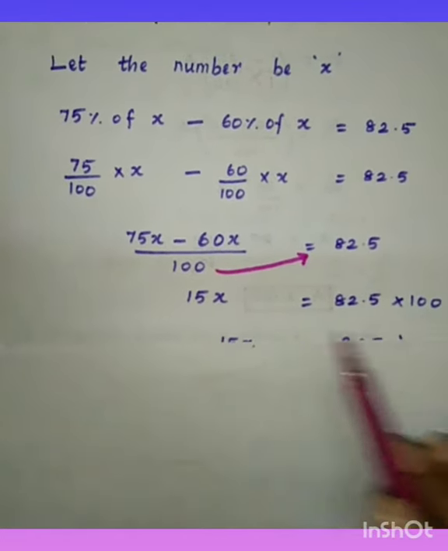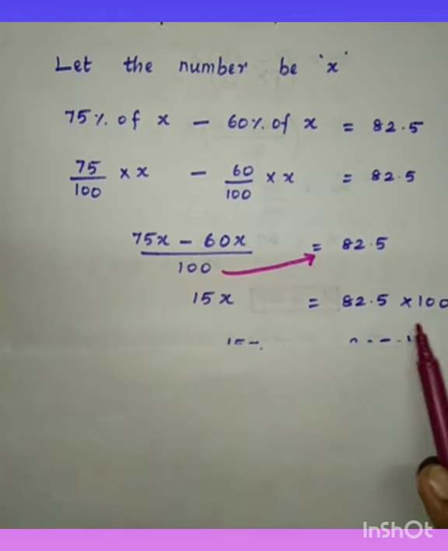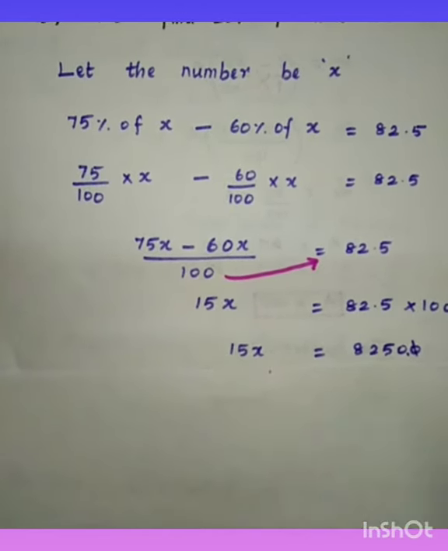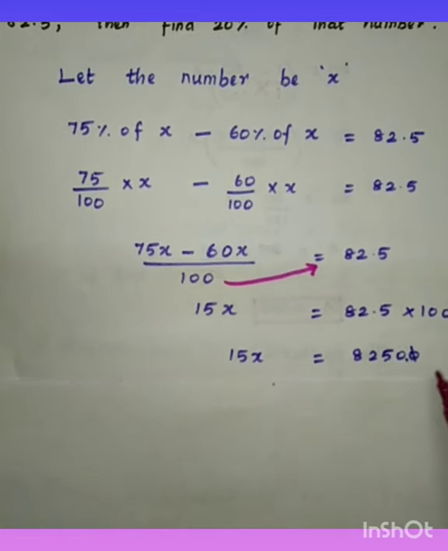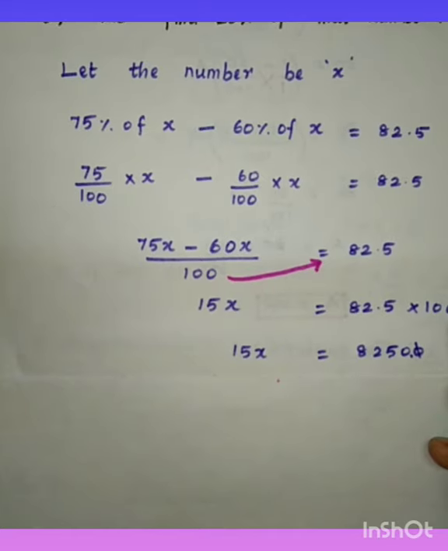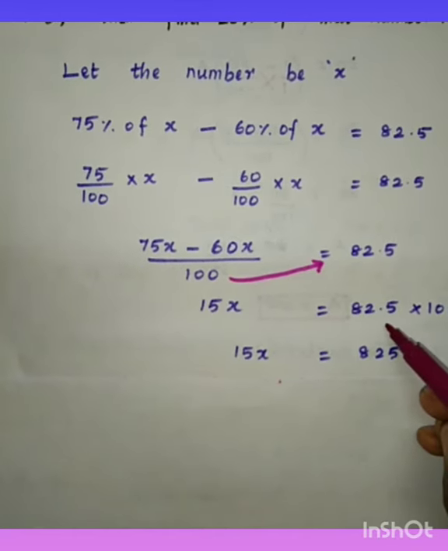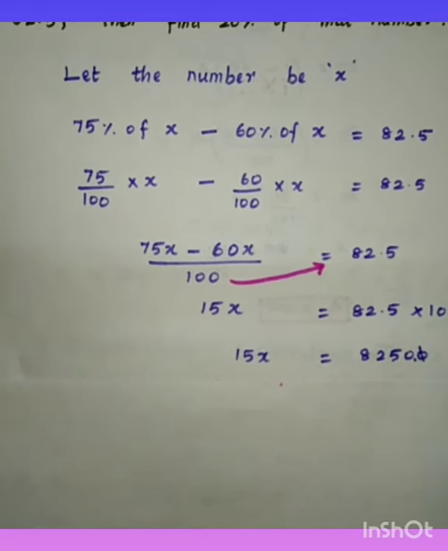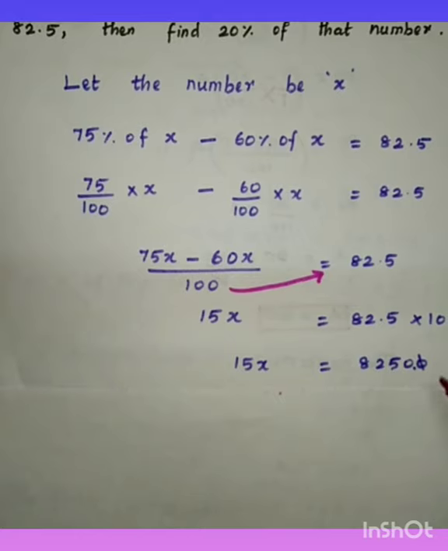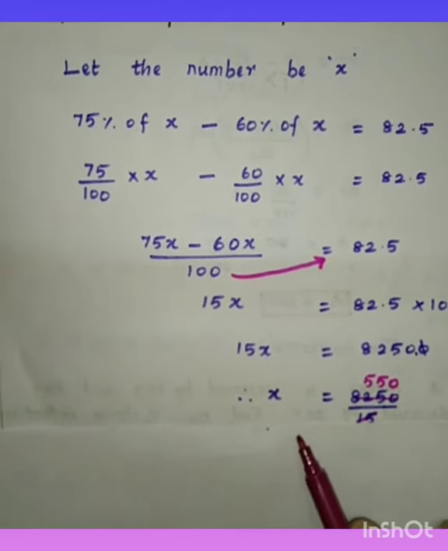So 15x equal to 82.5 into 100, that is 15x equal to 8250. We add double zeros because we are multiplying by 100. Here after the decimal point we have only one digit, so from the last, leave one digit and place the decimal point. Therefore the number is 8250. Therefore x equal to